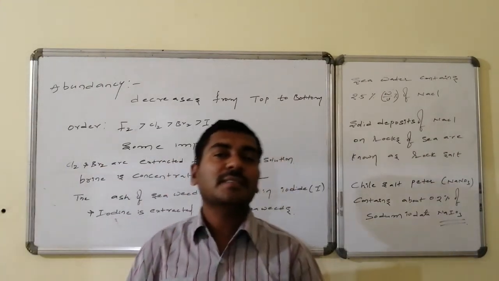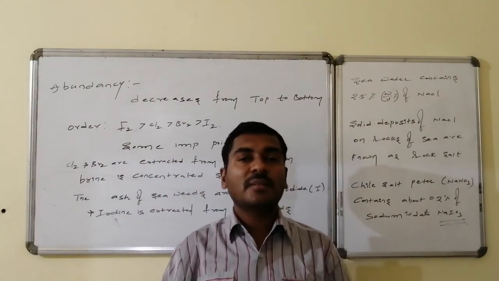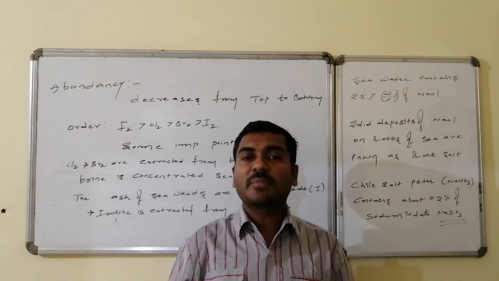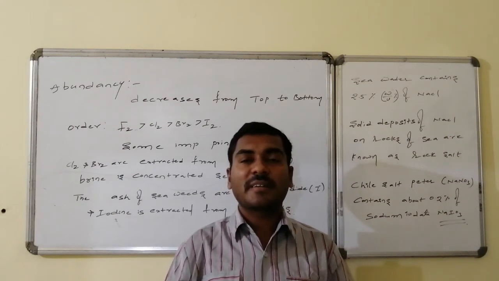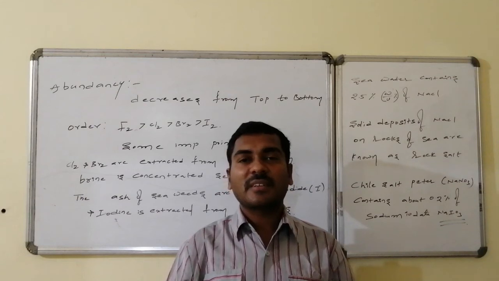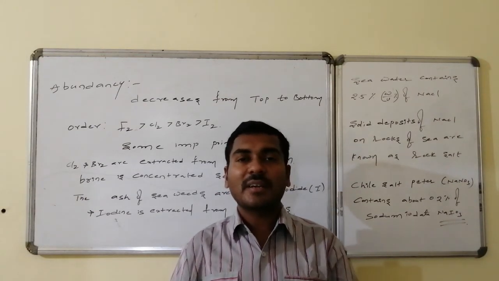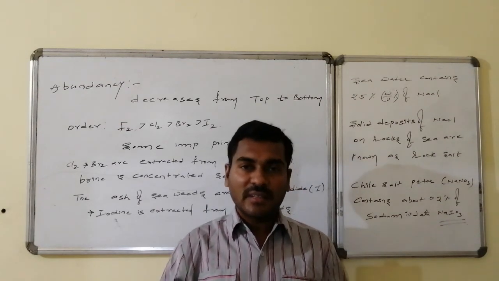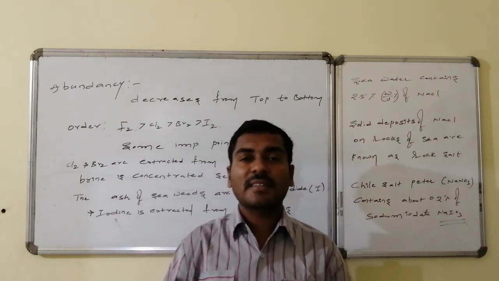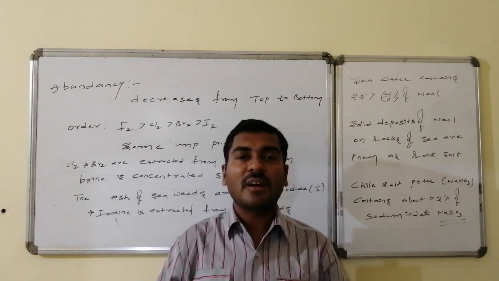Let us go for the discussion of the physical properties and the general properties. Physical properties are those appearance related properties. General properties are casual properties related to the reactivity and the chemical combination with others. Let us discuss the general as well as the physical properties of the halogen atoms.